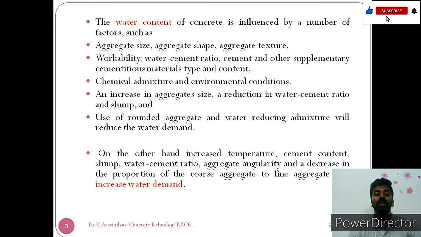This is a factor considered while mix design, and this is a factor which increases the water demand. If you increase or decrease the water content, the fine aggregate and coarse aggregate ratio does change and it also has an impact. So these are the things which you should take into account while